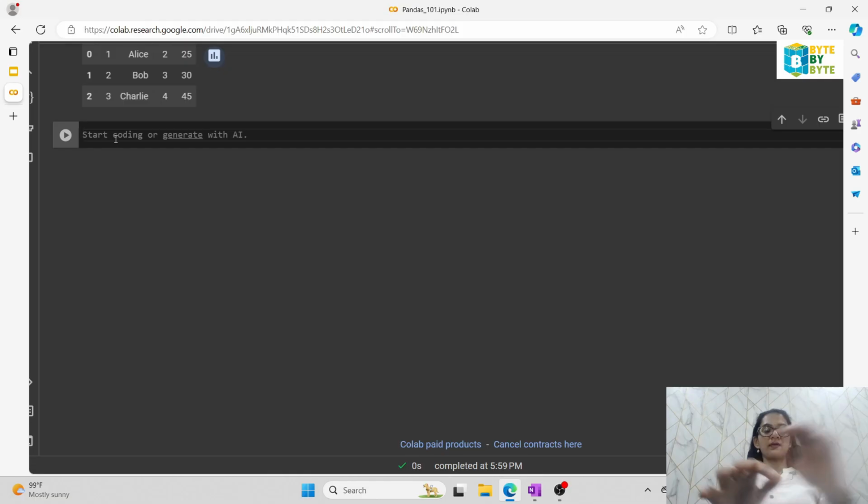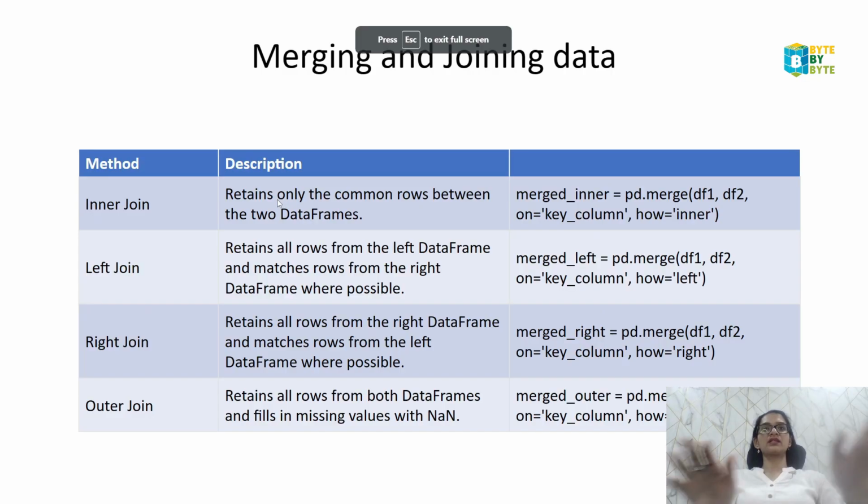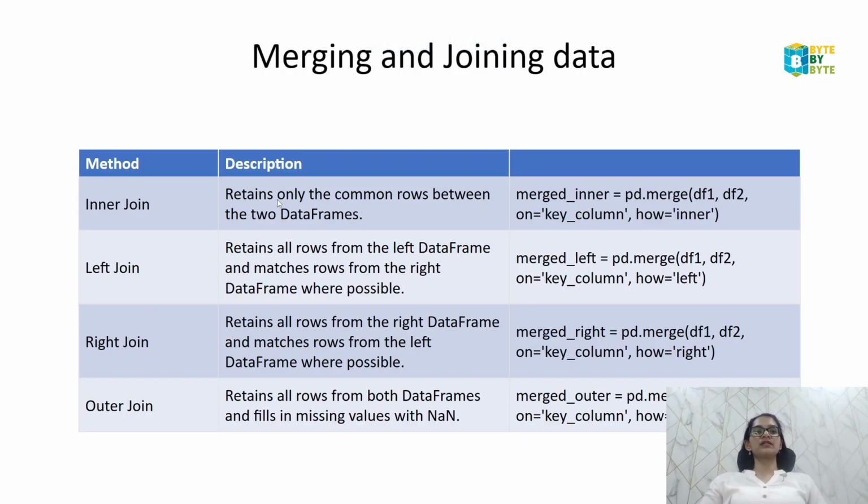Now next part is nothing but joins. Now there are four types of joins. In four ways you can join the data. You can have inner join, you can have left join, you can have right join, you can have outer join. So first of all we will see with examples, with diagrams, what these joins are. So first of all we have